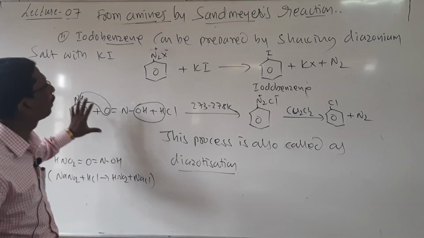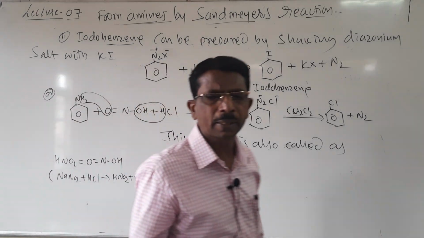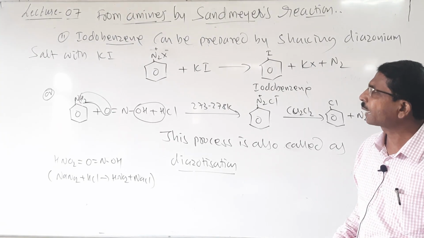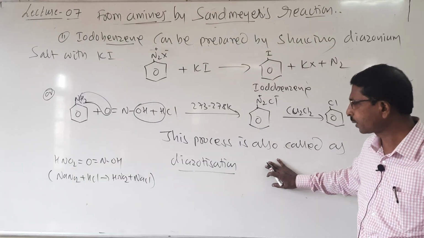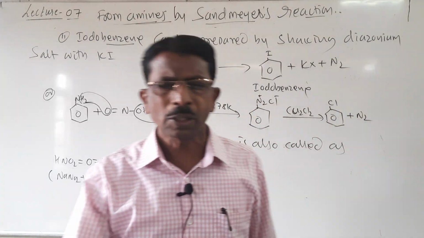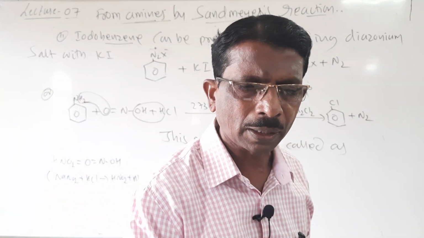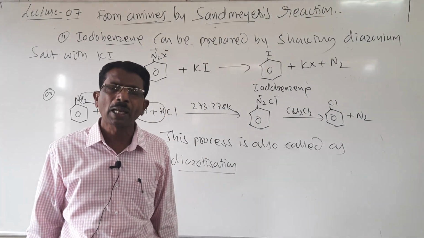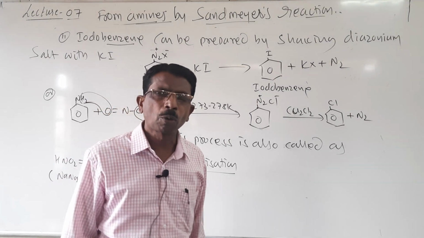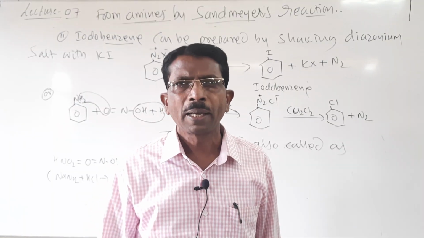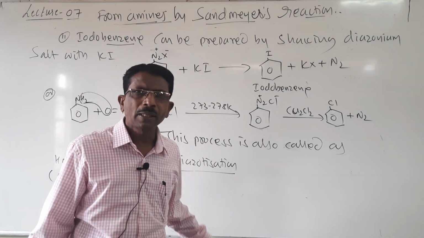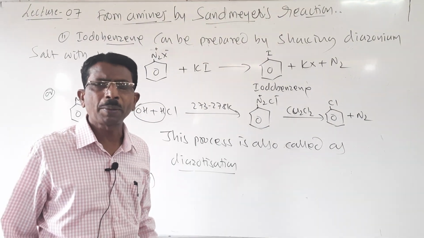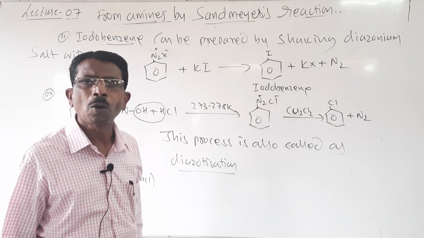So this is about the preparation of haloarenes. Only two methods are there: first, from hydrocarbon by electrophilic substitution reaction, and second, Sandmeyer's reaction, that is, diazotization. Now, we know the physical properties, as already discussed. These are insoluble in water but soluble in organic solvents like benzene and ether, and the boiling point increases as the molecular mass increases.